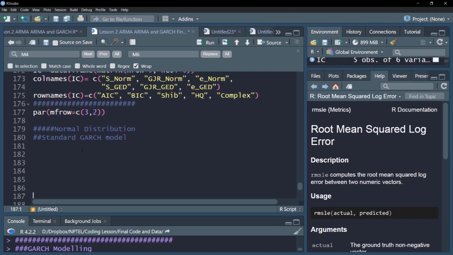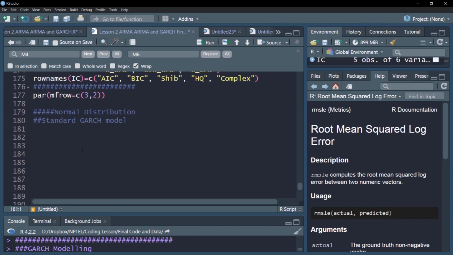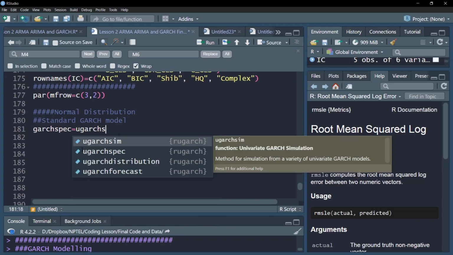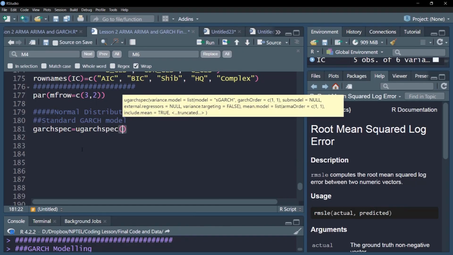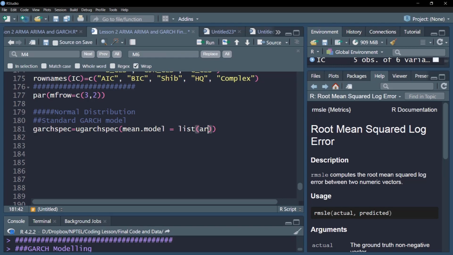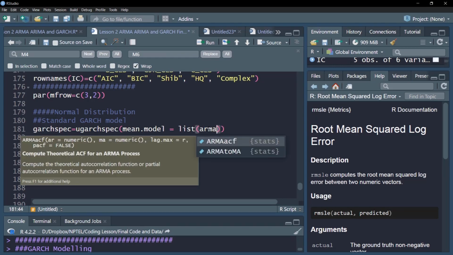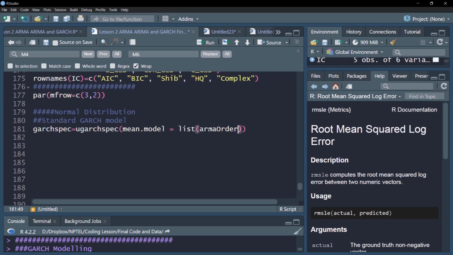This requires application of the rugarch package that we added to our current working session earlier. So all you need to do is type ugarchspec. This will create your spec object. You have the GARCH spec object. This function will ensure that your mean model, so our mean model is a list, and already we have found the right fit ARMA model. So ARMA order equal to, note that we already found that the (2,2) ARMA model fits well, so we'll be using that.